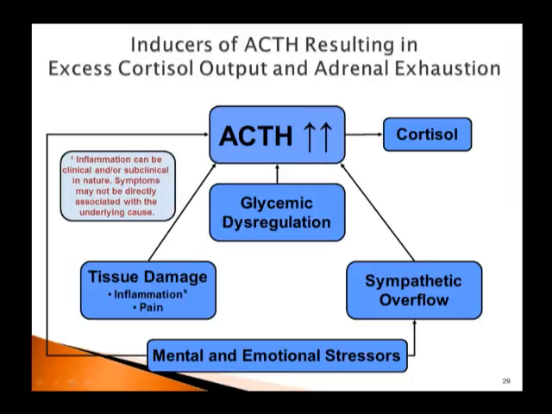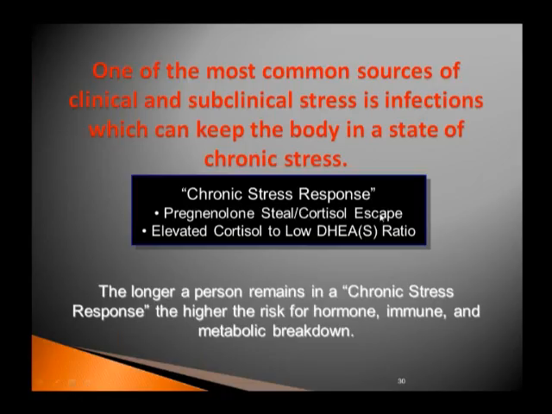Okay, so this is sort of redundant here, but anything that causes an increased production of ACTH, from inflammation, from pain, from poor blood sugar control, from mental emotional stresses, is going to cause an increased production of cortisol. Well, what are some of the more common reasons that this can happen aside from a mental emotional perception of a life stress event? Well, it turns out that one of the most common sources of what's called clinical and subclinical stress, by the way, would be things that you don't necessarily feel